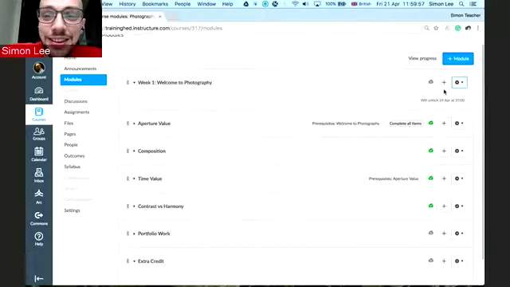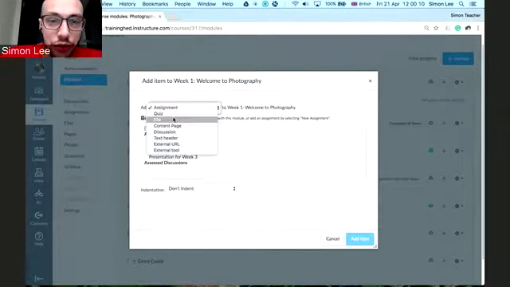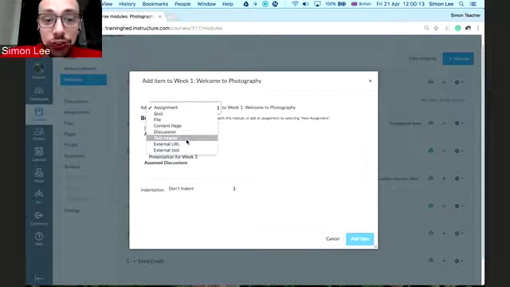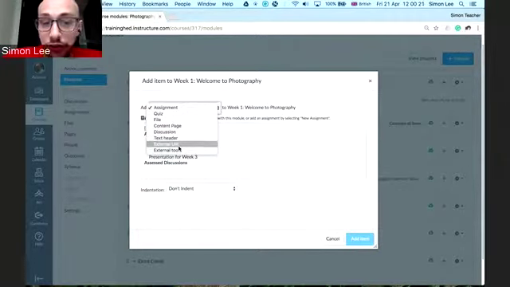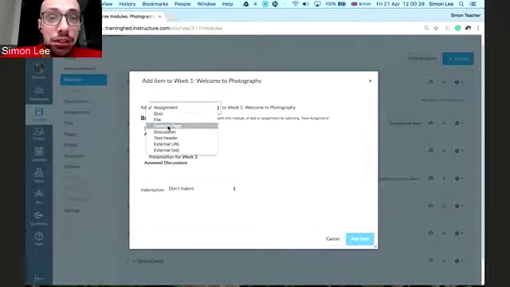So I'm going to now add to this, and by adding something to a module, it's bringing material in to present to the student. These items that I add, so whether it's an assignment, a quiz, a file, a content page, discussion, text header, any of these, apart from these last few options, I should say, so things like text header, external URL, and external tool, everything above that, like the discussion and content page, those are things that you can create elsewhere in Canvas. They form part of the course, but you're using the modules to present them to the student in the